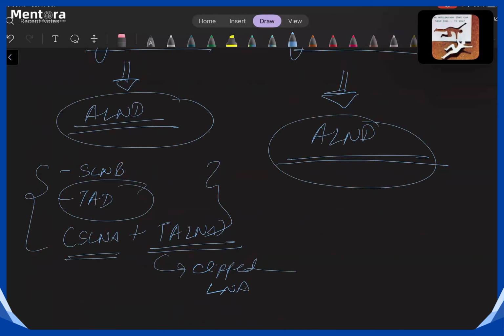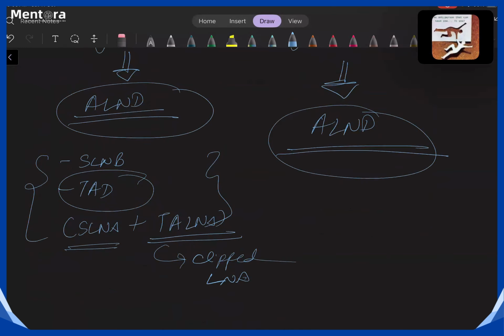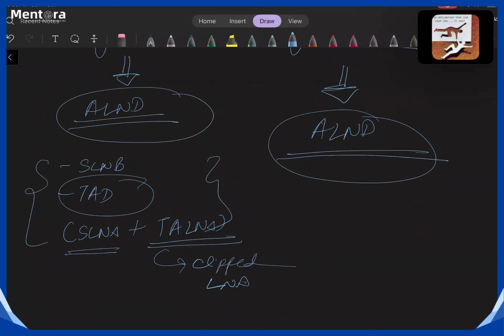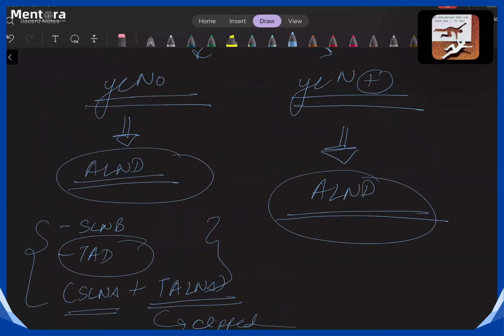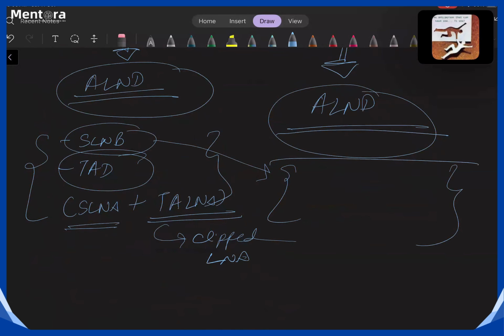I just wanted to tell you that these are emerging studies, and there are certain trials which favor targeted axillary dissection or sentinel lymph node biopsy. If somebody asks, is there a role of sentinel lymph node biopsy and how will you perform it? Just for clinical purposes, I am telling you. In this case, you have to use a dual tracer technique. You can't use only a single agent. That is, you have to use either ICG with technetium, or ICG with methylene blue, but not a single method, not only ICG, not only methylene blue. The second thing is you need to remove at least three or more sentinel lymph nodes.